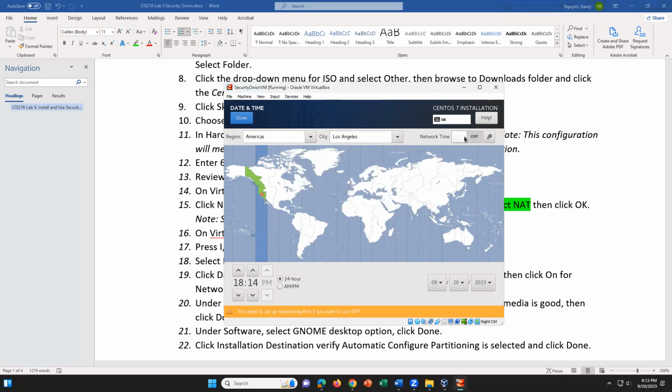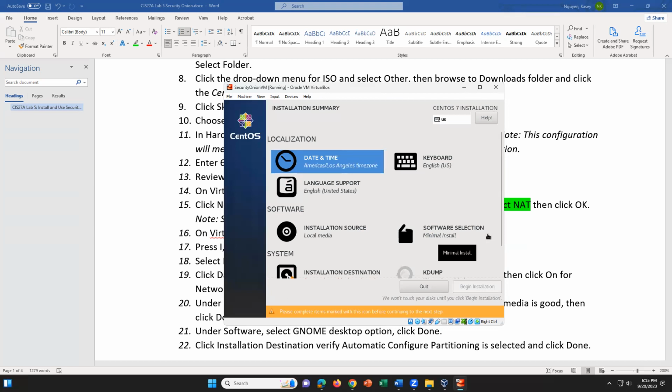And if you can't toggle this on, that's okay, right? Because here, I think, maybe it disabled the service. When I tested it on my laptop a few times this week, it's not a problem when I use my outside network, my home network, but that's okay. You don't have to sync with the network time. You can just select the right time for your zone and then click done. So we already have English keyboard and the language that we selected. Next, it tells you